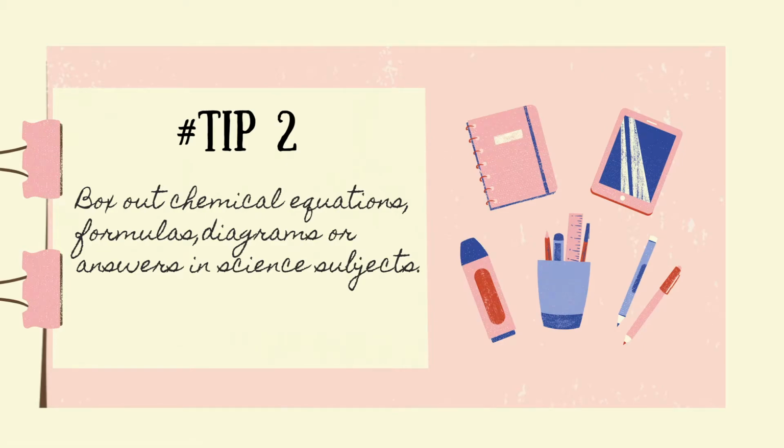So the second tip that I would like to give you all is that whenever you are writing chemical equations or formulas in maths or diagrams in biology or any other subjects as such, you can box out the thing that you have written, the diagram maybe or the chemical equation, so that it is distinguishable from the other part of your answer, and it shows the teacher, yeah, you have put a bit more extra effort into presenting your copy, and overall it looks very neat. So this is a good thing for you to practice, and I think you should use this from your next exams. So let us move on to tip number 3.